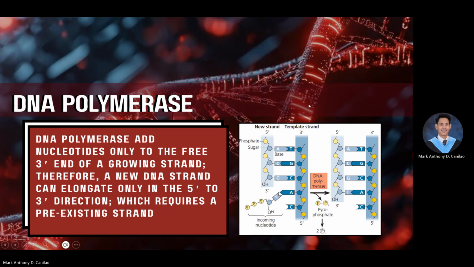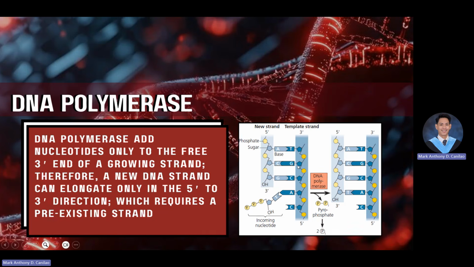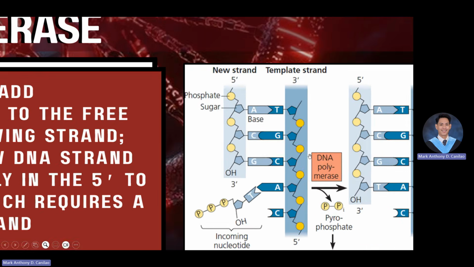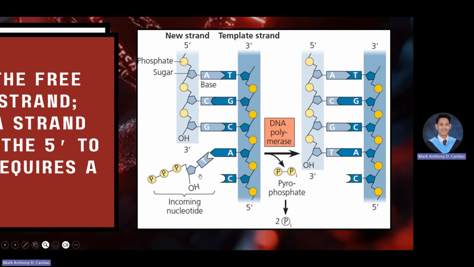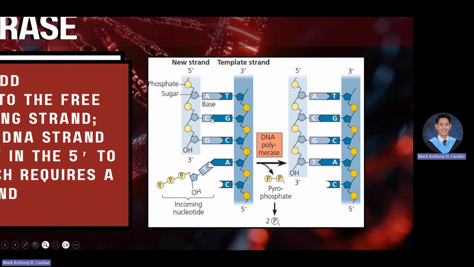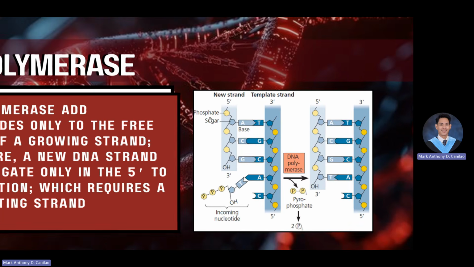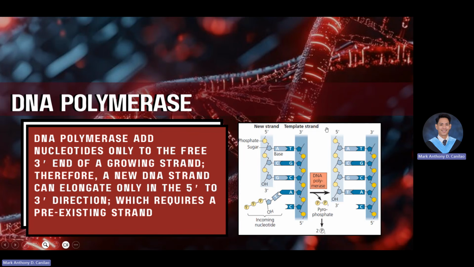Okay? So you can see in the picture the complementary pairing of the nitrogenous bases. If we have adenine here, the hydrogen bonds connect it with thymine, two hydrogen bonds, while cytosine is connected with guanine by three hydrogen bonds. So the process continues until we reach the terminal part, or the last part, of the DNA that we are synthesizing or replicating. Okay?